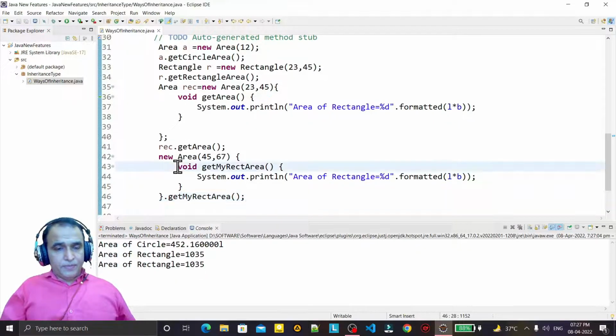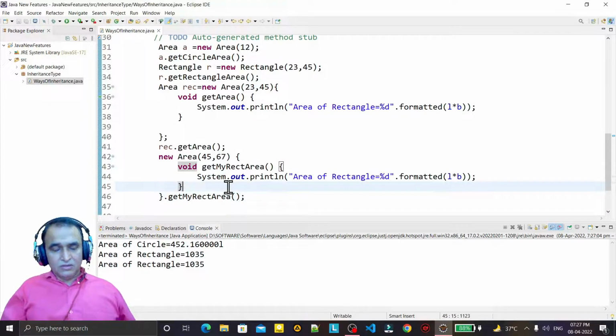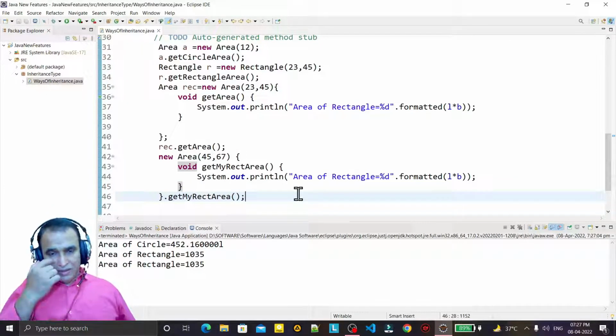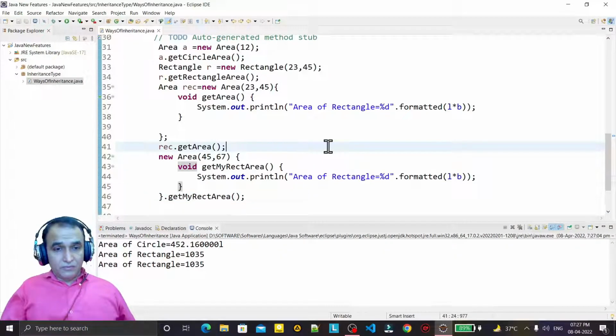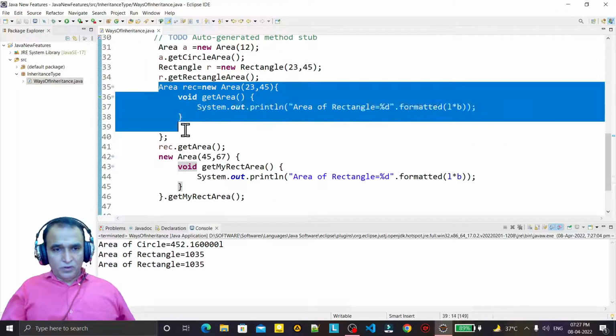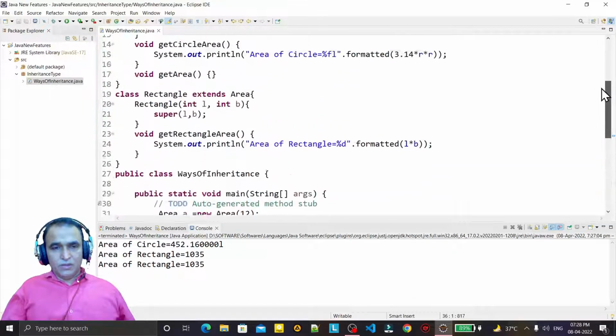You see, there is only one drawback, that we are creating a new function, and only that one function can be called. If we have two functions, we can't call more than one function this way. So that is the one drawback in this method, but we are also able to make inheritance. This is a way of doing inheritance, this is also a way of doing inheritance, and this is the older way to do inheritance.